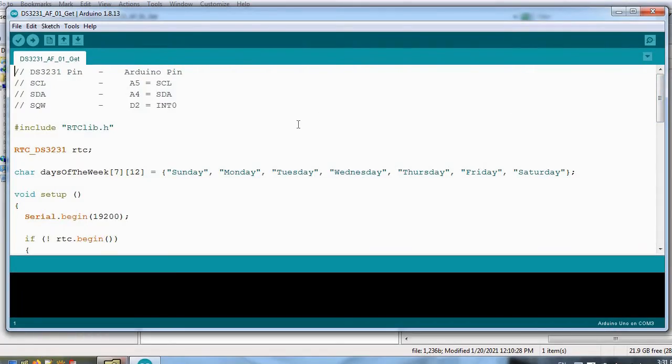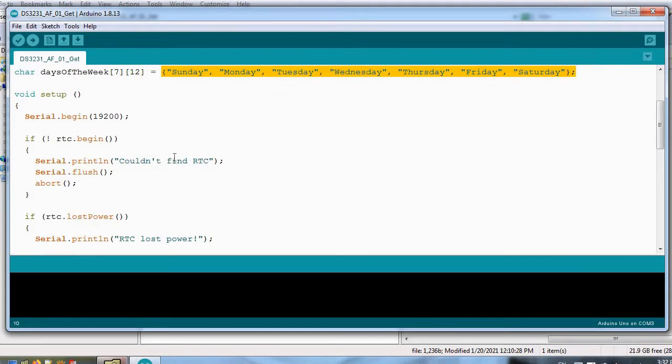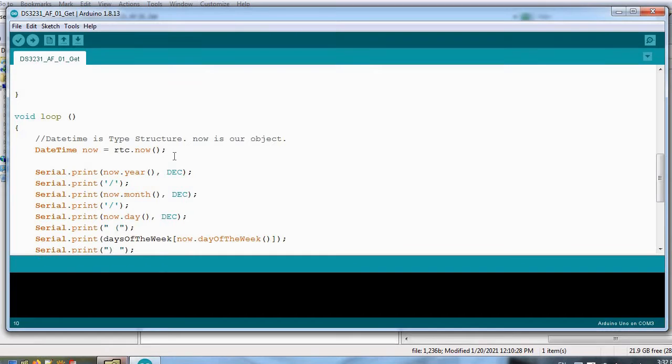So this is the DS3231 get time program. Here the pin configuration is given. SCL, SDA, SQW pins are connected to Arduino. We are using RTClib library from Adafruit. This is the weekday string or array. Basically, here the important thing to note is